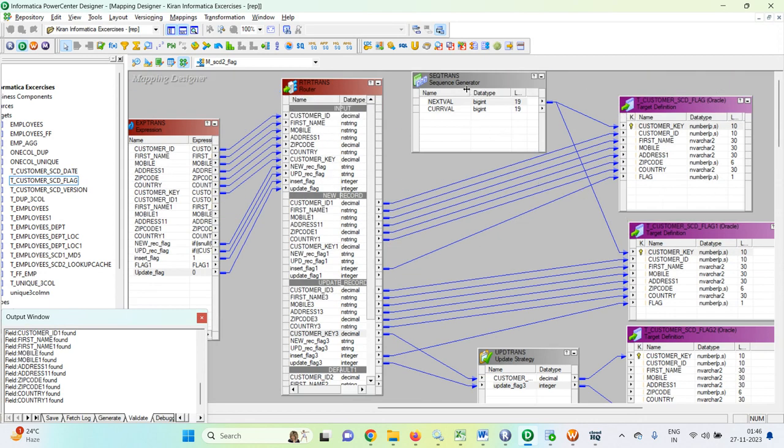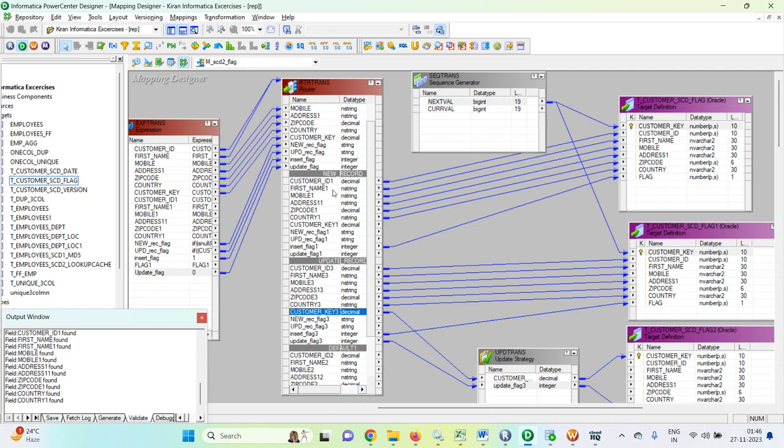So whenever a new record comes, the sequential transformation automatically gives a new value. Suppose the records are 5, then when we insert a new record, it becomes 6. Now these inserted new record fields we have to map to our customer flag table, and here the inserted flag becomes